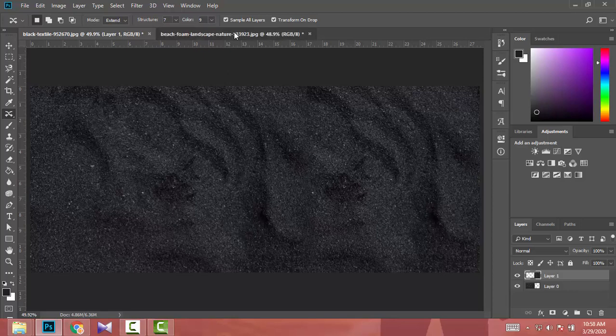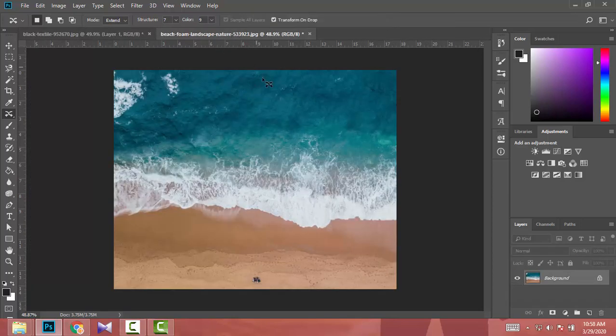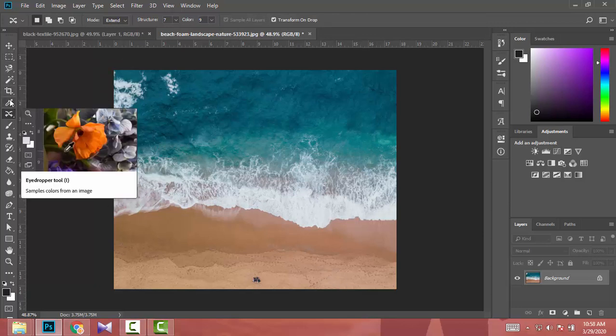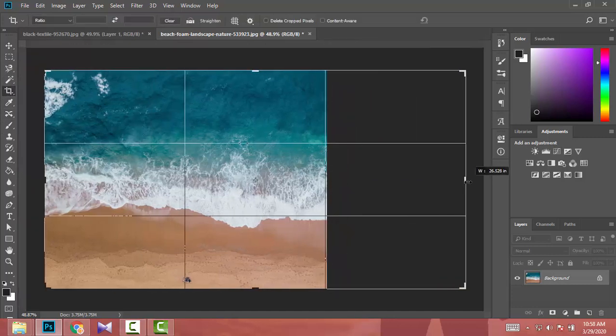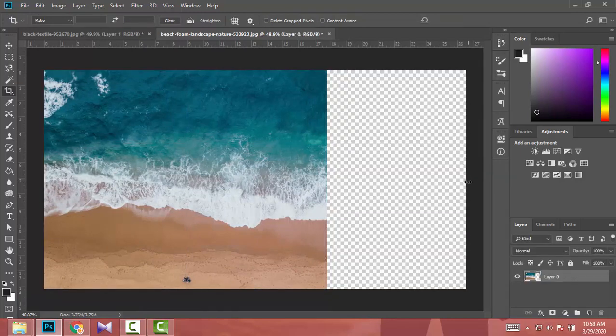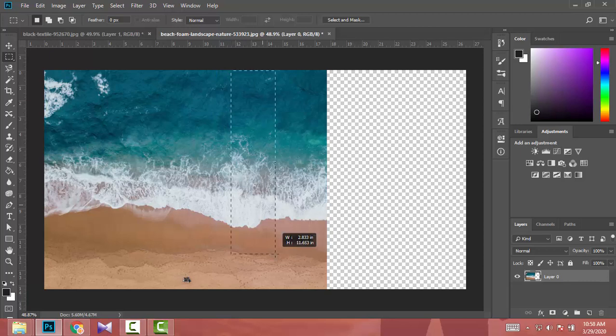So let's go to the second image. In here I'm going to extend this ocean, or beach. As before, I extend the image like this, and I select it like here. After that I go to my content aware move tool and